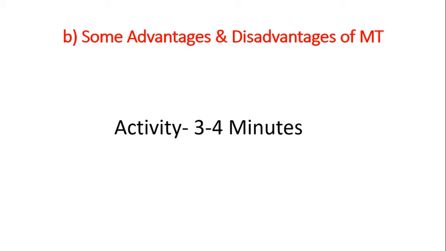Remember one thing: in such activities, I'm not asking that you should know these things. I'm just aspiring to generate some kind of raw thinking in your mind, because this raw thinking will also help you understand the subsequent points. So your time starts now, between 3 to 4 minutes, for writing down the advantages on one side and disadvantages of machine translation on the other side. So start.